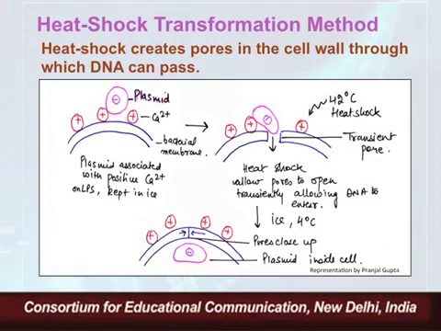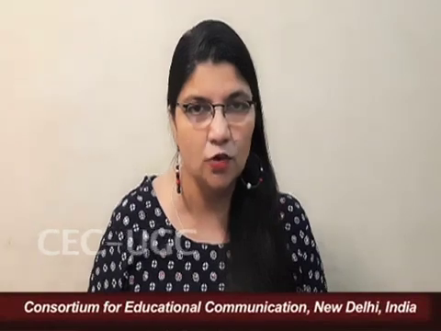So this heat shock method is a good method, and a very cheap method. It can be done in laboratories, and it is very simple: all we have to do is make the E. coli bacterial cells competent, incubate them with the plasmid DNA, and give the variation of temperatures, which is the heat shock, and the bacteria will be able to take up the DNA from the medium. So this is how a recombinant DNA molecule or plasmid DNA molecule is introduced into the bacterial cell by using the heat shock treatment method.